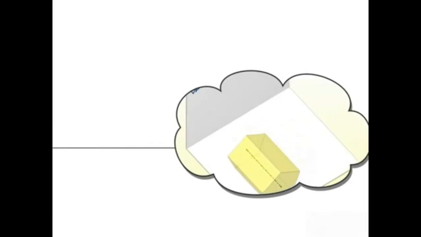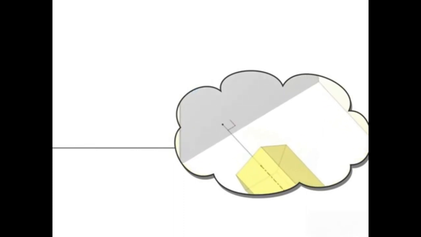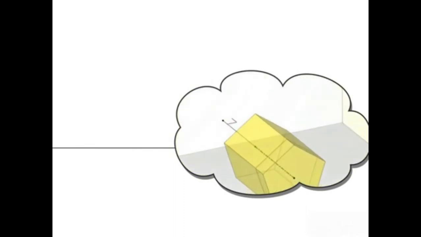So, first draw a reference line XY. Now, let's assume that the axis of the prism is perpendicular to VP and draw the front view with one of its sides lying on XY.